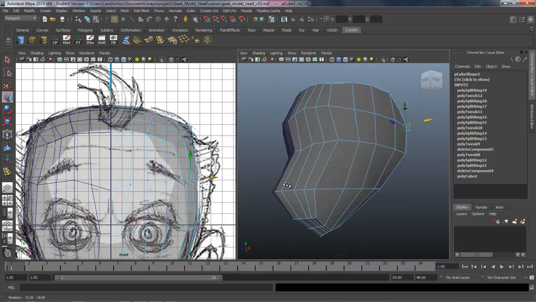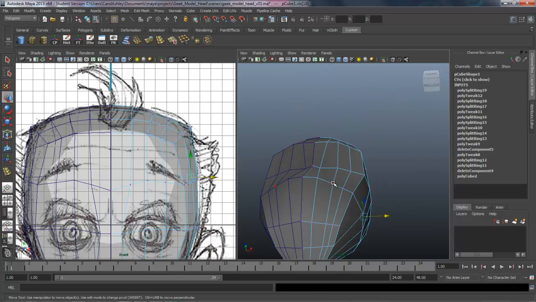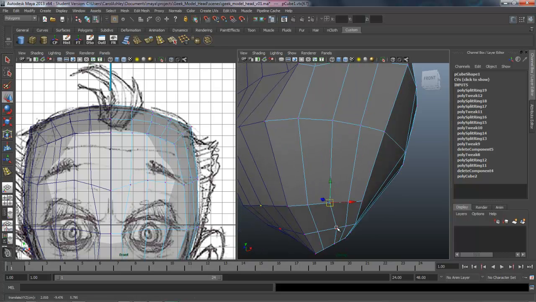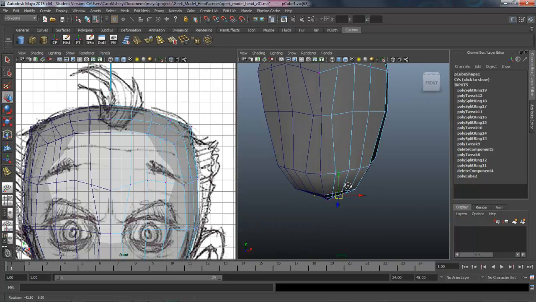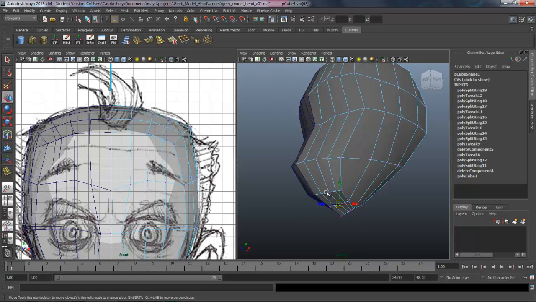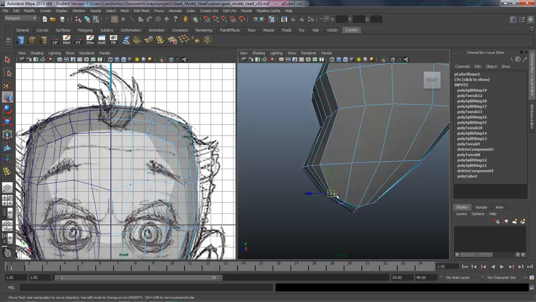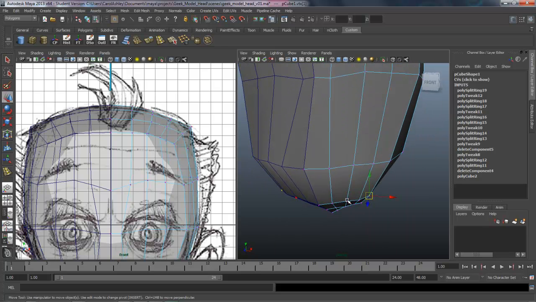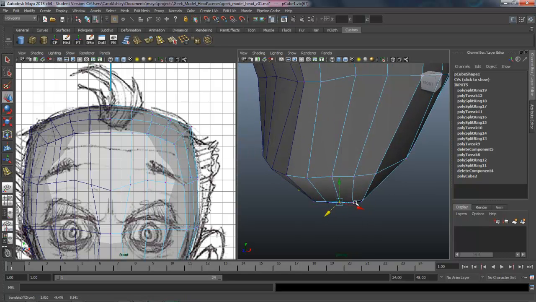All right, so let's start shaping a little bit of the cheek here, and then we'll get to the eye. And our geometry is flowing in an up and down fashion right now. And eventually we're going to start rerouting the edge flow around the mouth here once we're ready to start inserting the mouth.